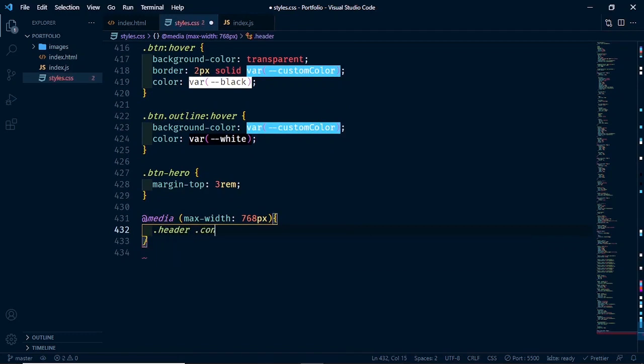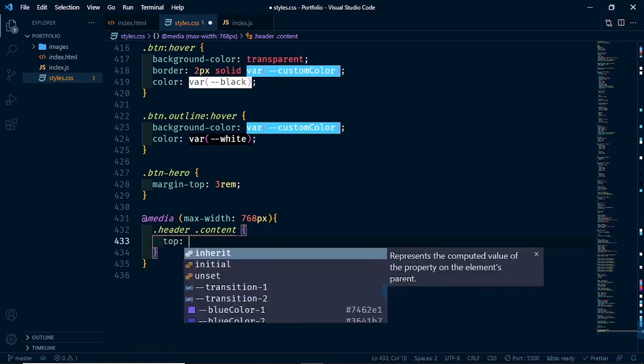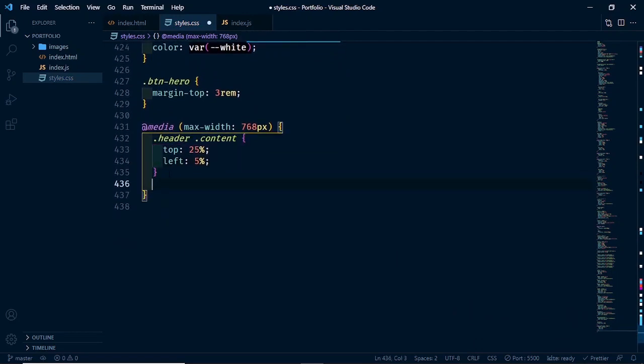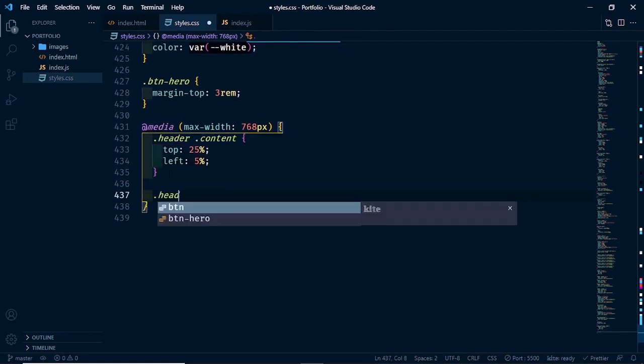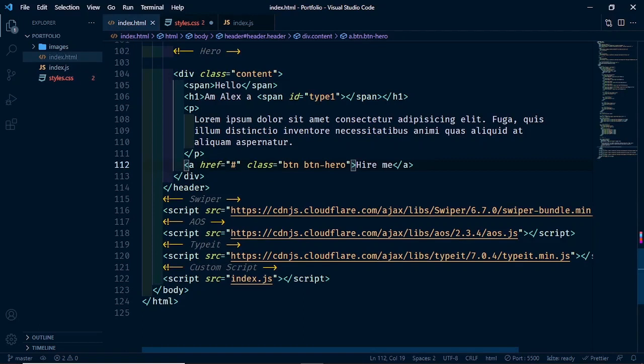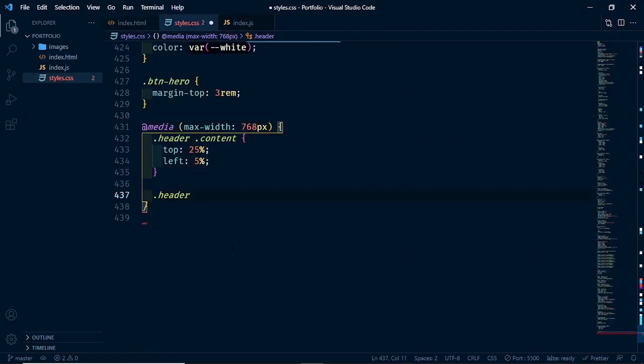So hero, header, content, we want the top to be 25% and the left to be 5%. We also want the header content. So let's say header, let's check the header content,